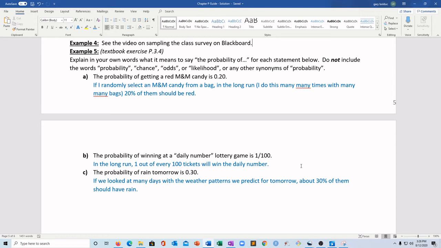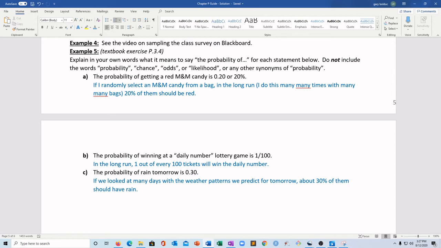People say the chance of, the likelihood of, and you're just kind of sidestepping the problem without trying to actually get to what probability is. So the probability of getting a red M&M candy is 0.20, or 20%. In case you're a little more comfortable with percentages, you can always just convert that if it makes it better for you. Okay, what does it mean to say the probability of getting a red M&M candy is